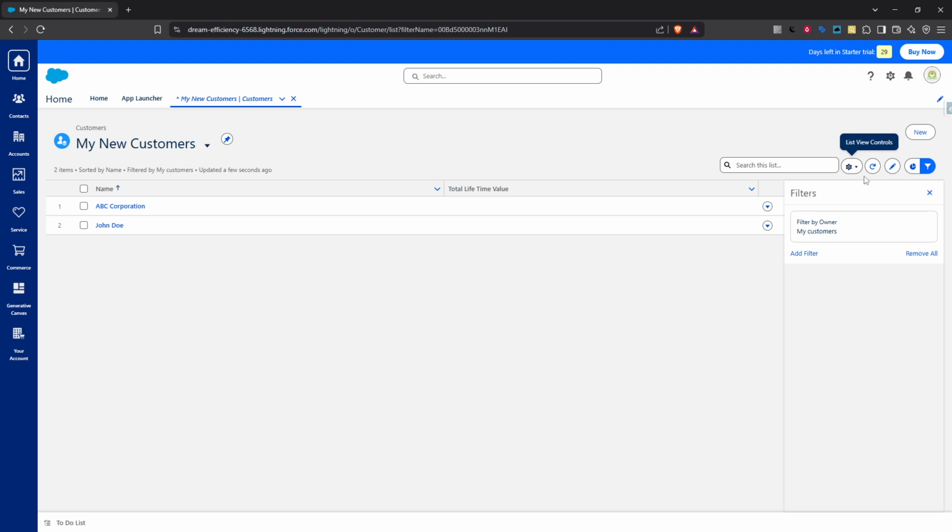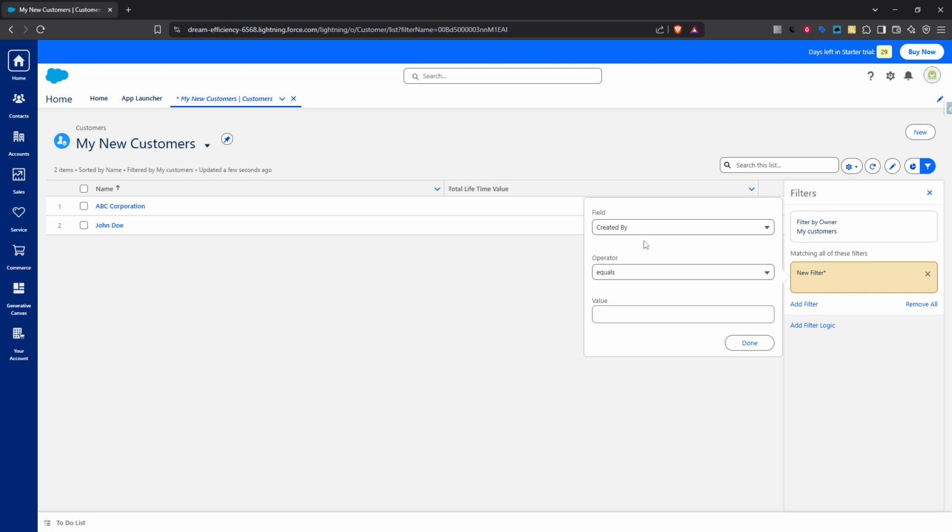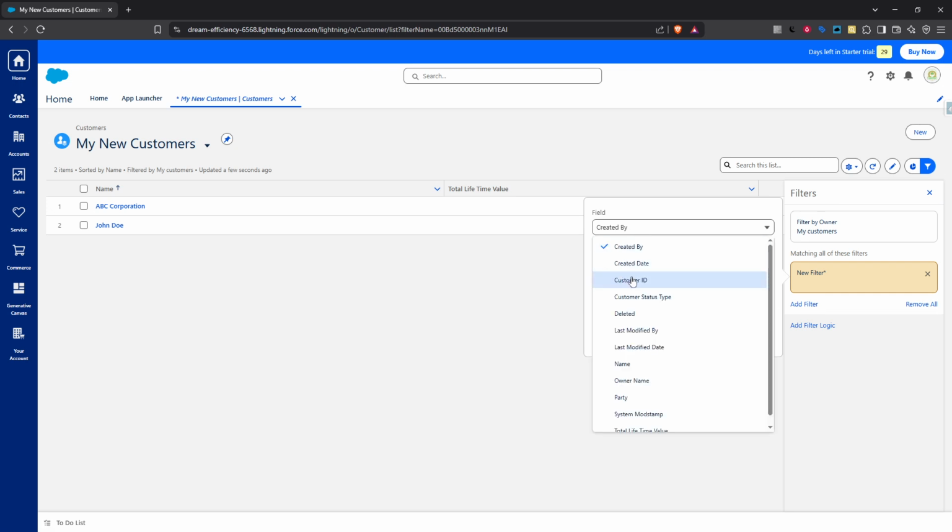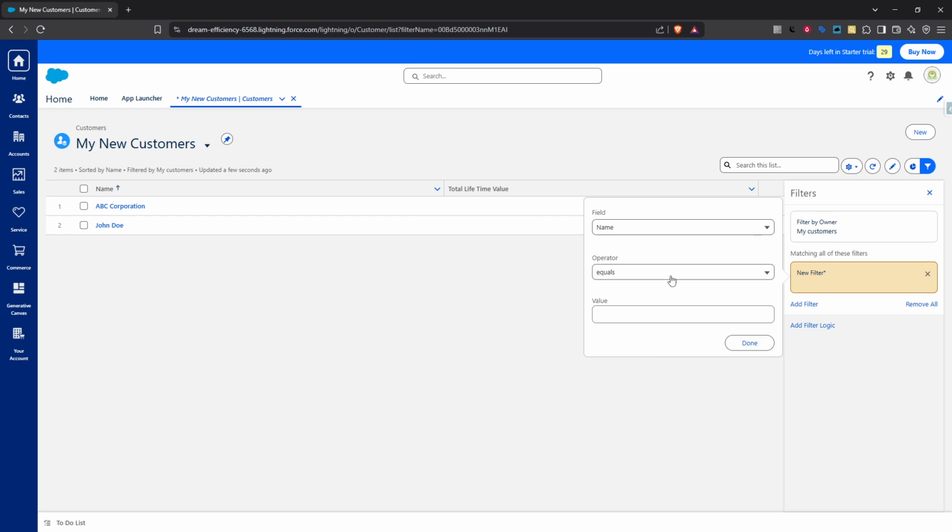Now, it's time for another layer of customization. Click on Add Filter. To refine your list's criteria, choose a field. For instance, you might select Name to focus on specific individuals. Following that, set the condition for this field. This could be as specific as names that start with John, allowing you to pinpoint data that fits your exact specifications. After setting your conditions, click Done, and remember to save these preferences to ensure they are applied to your